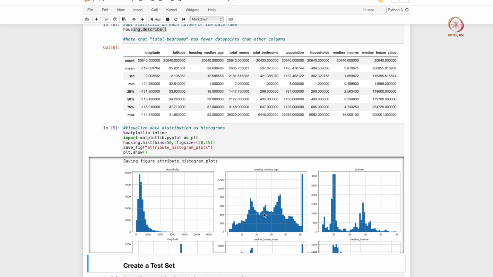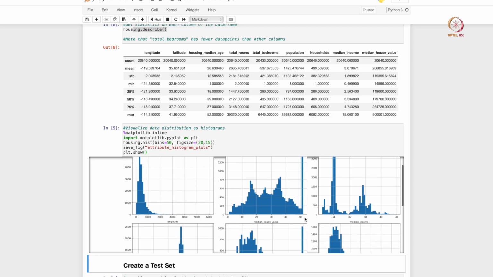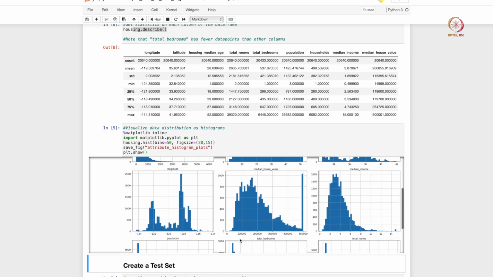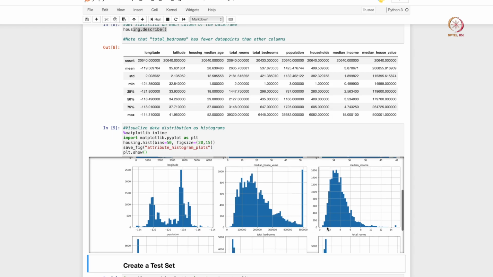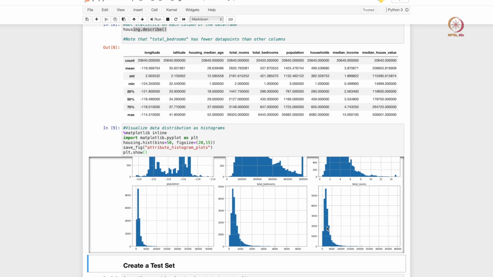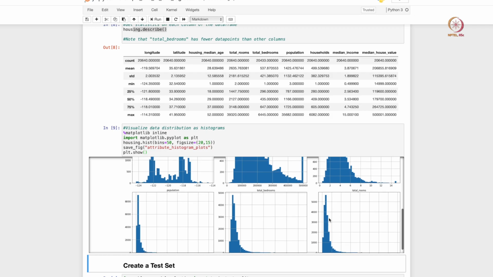You see one big spike beyond 50 here and then sort of a normal distribution below 50. You see latitude being distributed. This is for longitude, median house value, this is our target here, right, and then median income and so on, right. So for each of the numerical values we can generate these histogram plots, and it is often useful to look at them and get some insights.